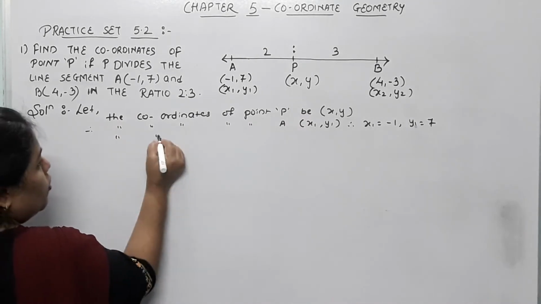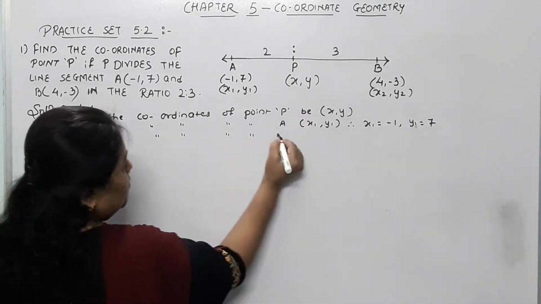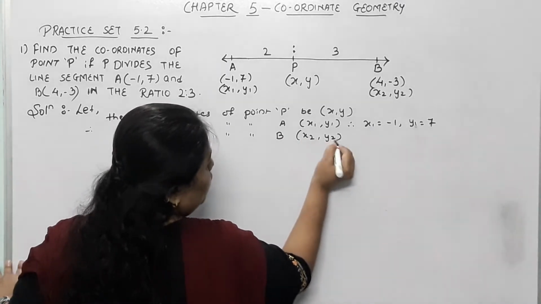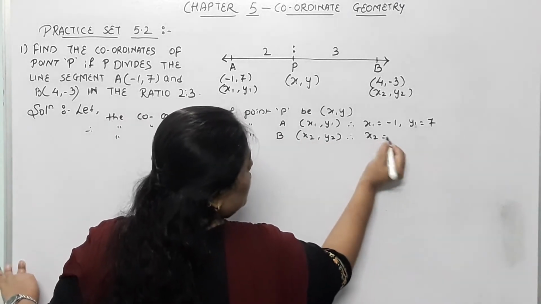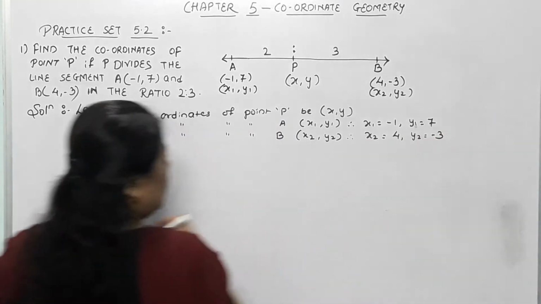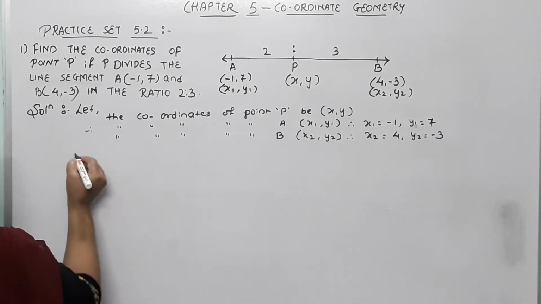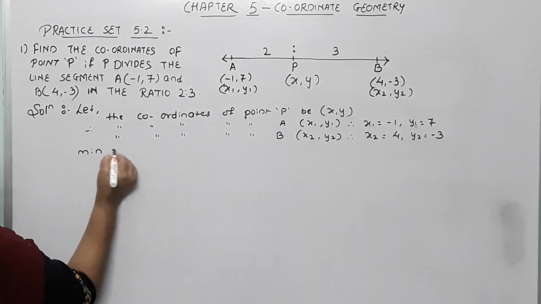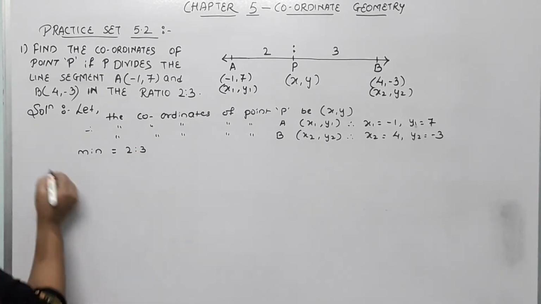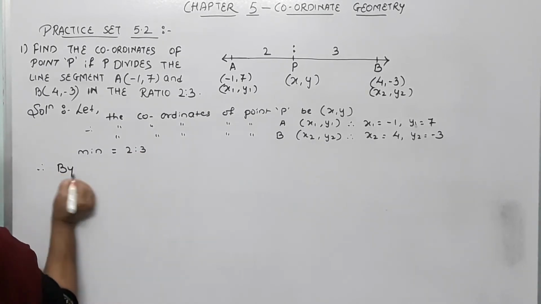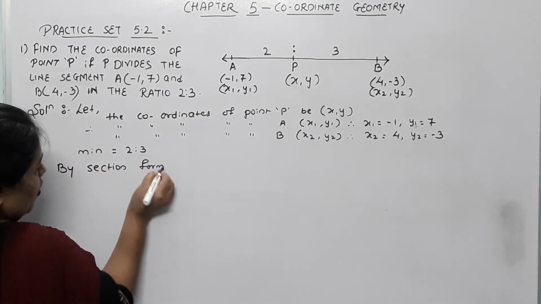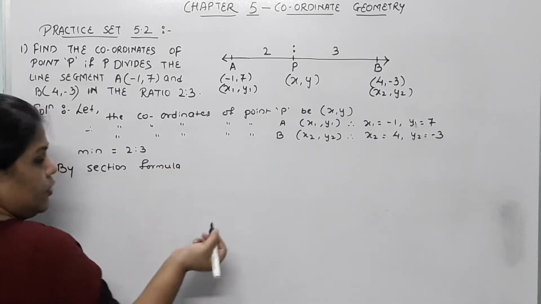Then, the coordinates of point B are x2, y2. Therefore, x2 is equal to 4 and y2 equals -3. Also, we have m:n equal to 2:3. Therefore, by the section formula, for internal division you can write